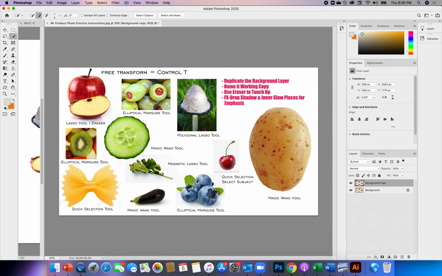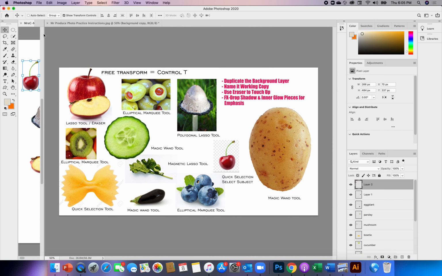Select subject works when you're looking at a picture and there's only one thing on it, but when we have a whole worksheet of photos here, you can't exactly expect select subject to pick out what you want it to pick out. So that's why quick selection is almost similar to that, but can be more defined. So now that I've got my cherry, I can come up, come over, come down,